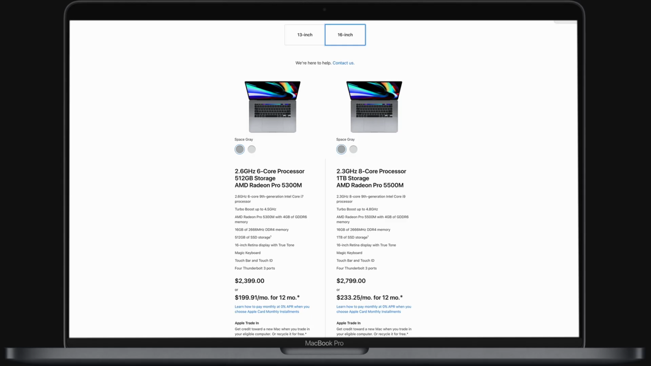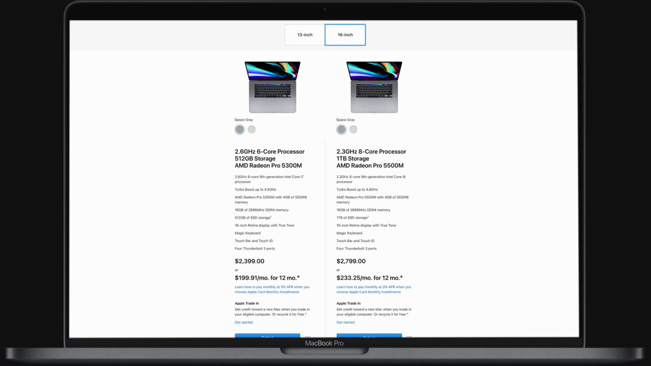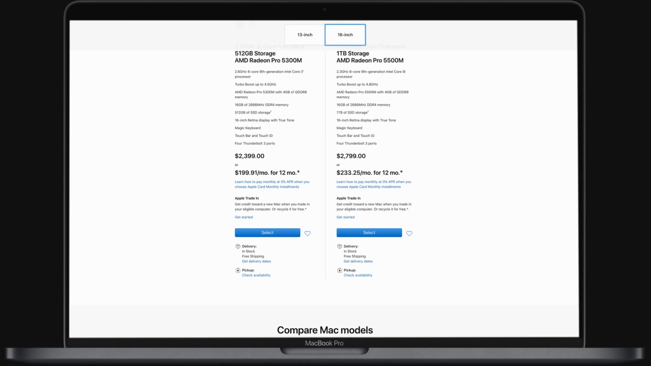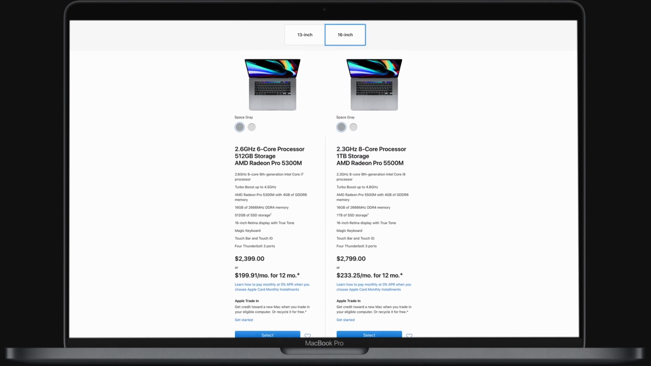If you want a larger display, the 16-inch model gives you the choice between the 2.6 GHz 6-core processor version with 512 GB storage, or the 2.3 GHz 8-core processor with 1 TB storage. The 2.6 GHz model has an AMD Radeon Pro 5300M graphics card with 4 GB of GDDR6 memory, and the 2.3 GHz 8-core version has the AMD Radeon Pro 5500M with 4 GB of GDDR6 memory,